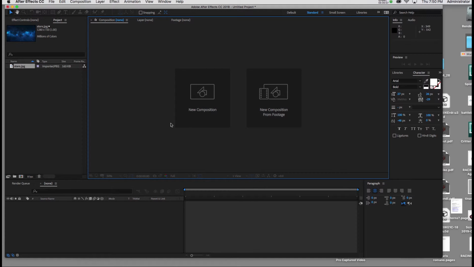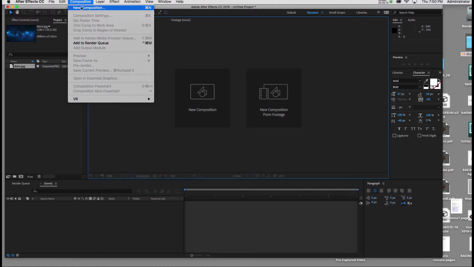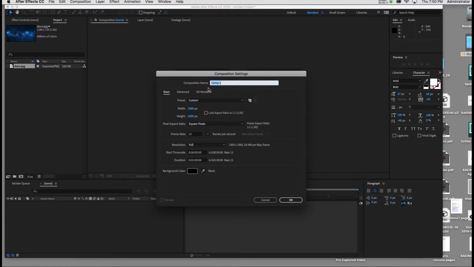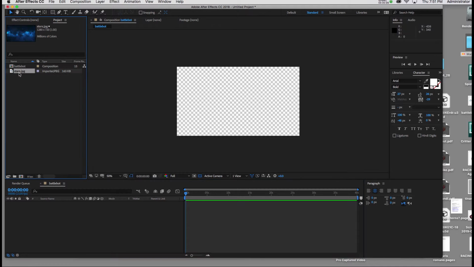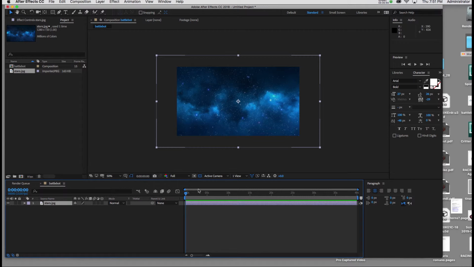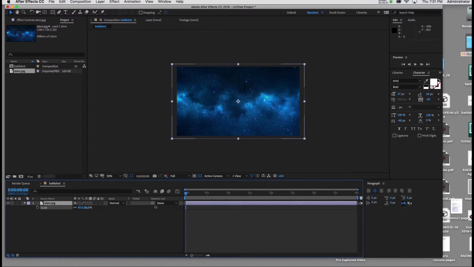I'm going to make a new composition by going to Composition, New Composition, and I'll name it Battlebot. And I'm going to make it 960 by 540, and I'll make the time duration 40 seconds. I'm now going to drag the stars.jpg onto my composition window. And I'm going to scale it down a bit just to maximize the use of that file. So I'll drop down the scale, I'll hit S on the keyboard, and I guess I'll drop the scale down to about